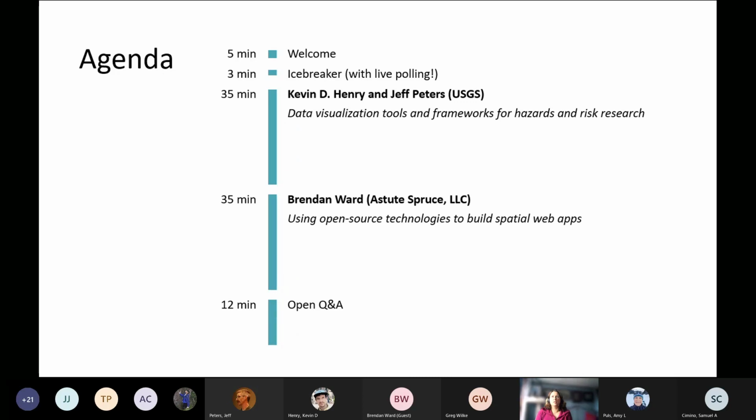We'll have maybe a few minutes for questions before we move on to Brendan Ward from Astute Spruce, who will also be presenting on open source technologies to build spatial web apps. At the end of both of these presentations, we'll have a longer period for question and answers. And then you'll be able to pose any question that you didn't have a chance to pose to either of the two